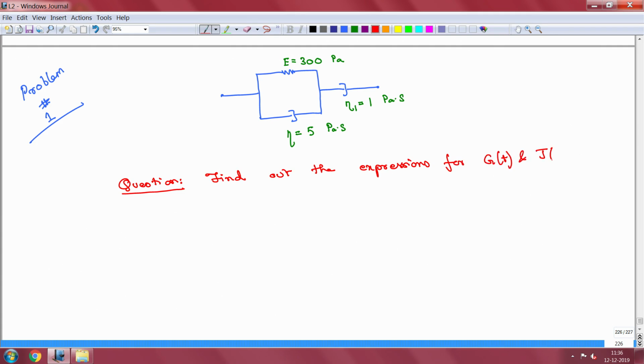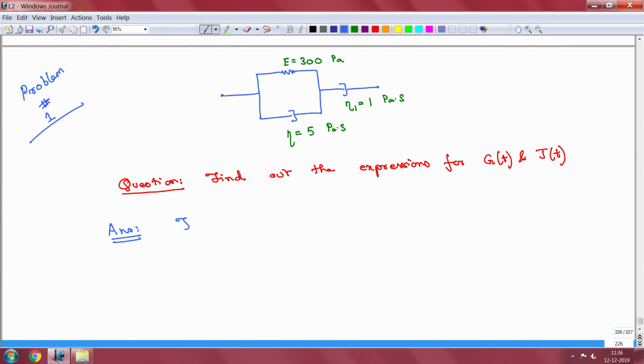G(t) and J(t). By this time we are very well familiar with what these two, G(t) and J(t), imply. So we are not writing the full form, we are just going with the mathematical form that we are quite familiar with at this time. Now let us try to solve this particular problem. This will be the constitutive equation for a Jeffreys element, and we have already seen that in one of our classes. We have already worked that out, so we are not going to repeat ourselves. We are just going to take that result.